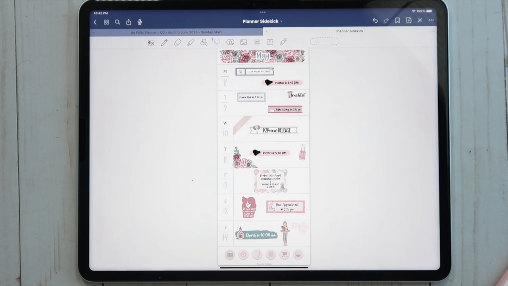And I tracked my to-dos and tasks and things like that in the reminders app on my iPhone. And it's just been really nice. I feel like it's just really simple and kind of what I'm needing right now. It's a lot quicker to set up this spread just because it's smaller. So I feel like that's been working out pretty well for me right now.